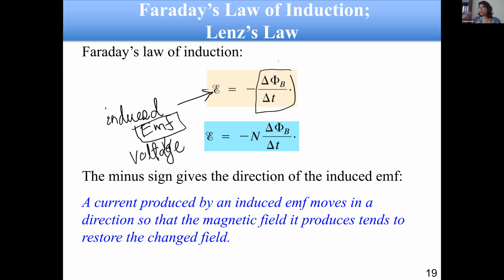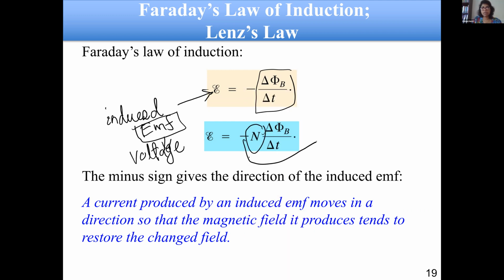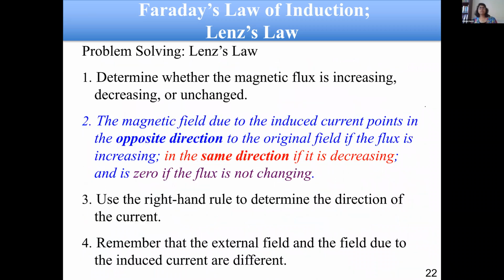And if you have N number of loops, if I have this coil with a number of loops, not a single loop, then you just multiply the number of loops by that value. But the important thing is this negative sign. This sign is actually not from Faraday. This negative sign is coming from Lenz. We are not going to discuss that part in detail, but basically what Lenz is saying is,